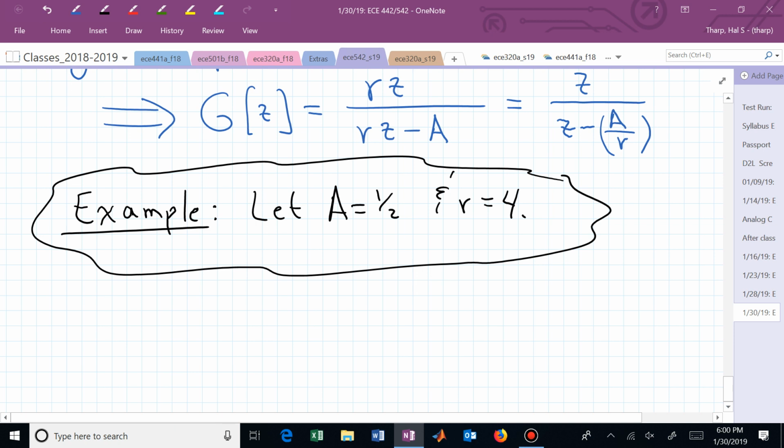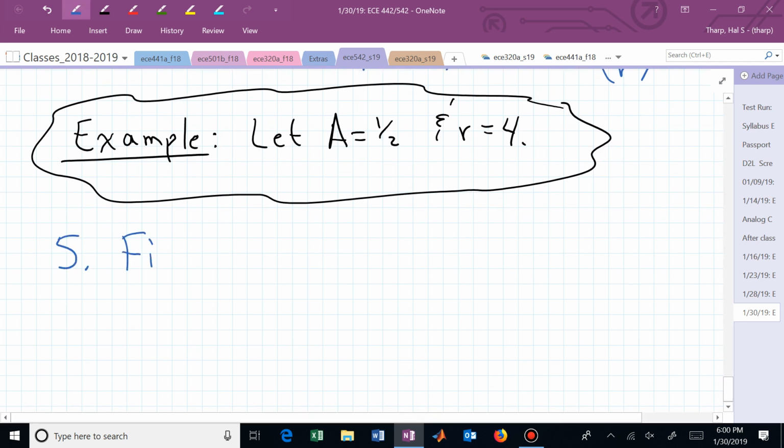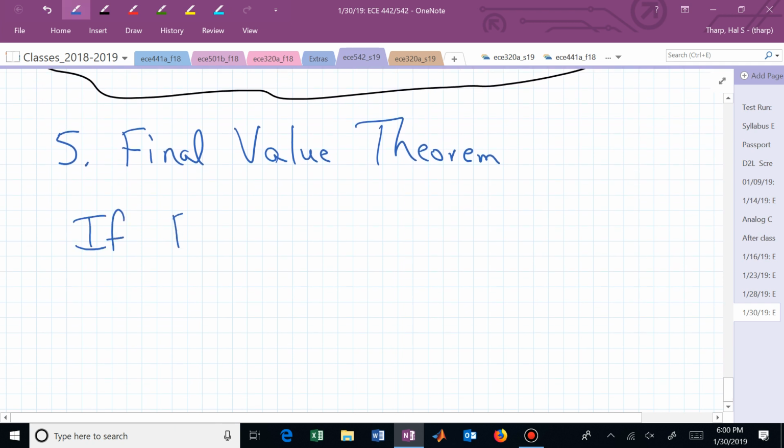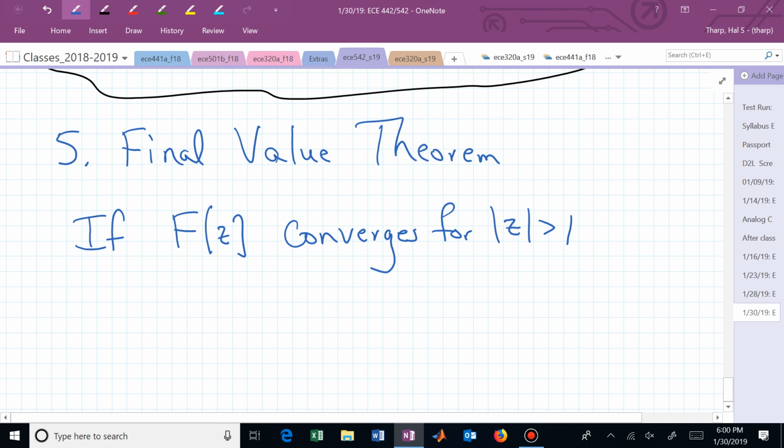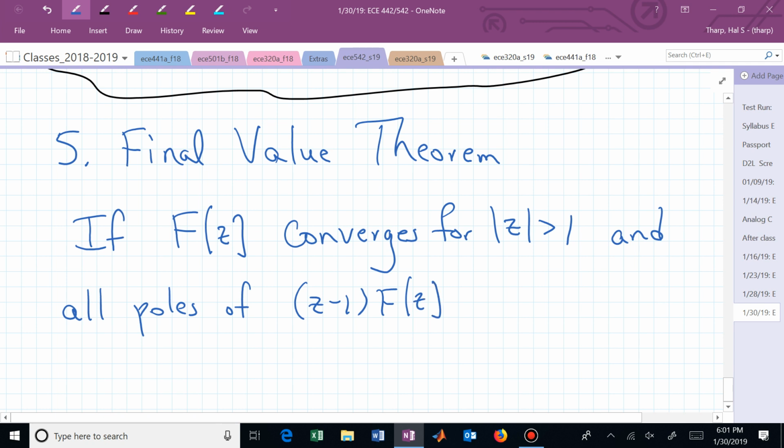So property 5. Property 5 of the Z-transform, final, I bet you can complete the blanks. And if you couldn't before, you better be able to now. Final value theorem. This property says that if the Z-transform f of z converges, or it has a region of convergence that includes all values of z beyond the unit circle, and all poles of z minus 1, that factor times f of z, are inside the unit circle,